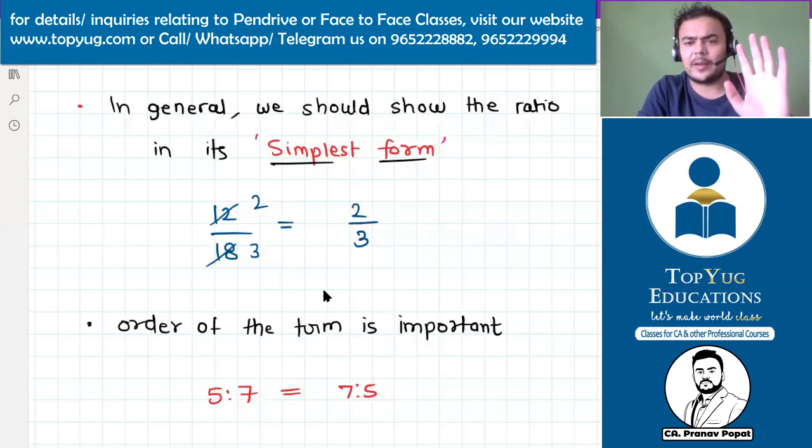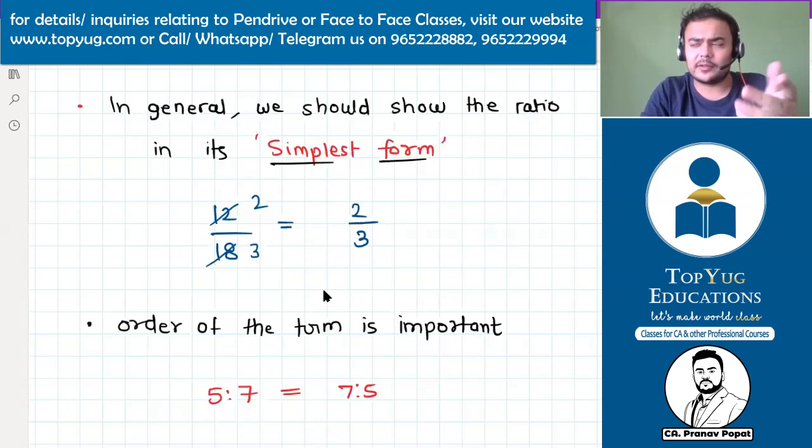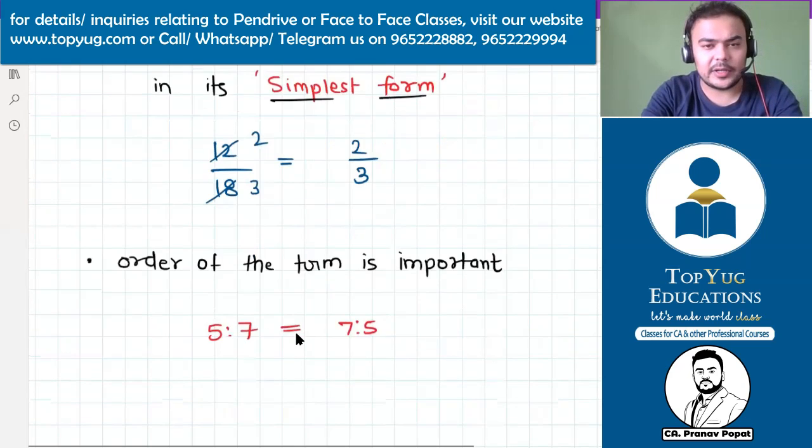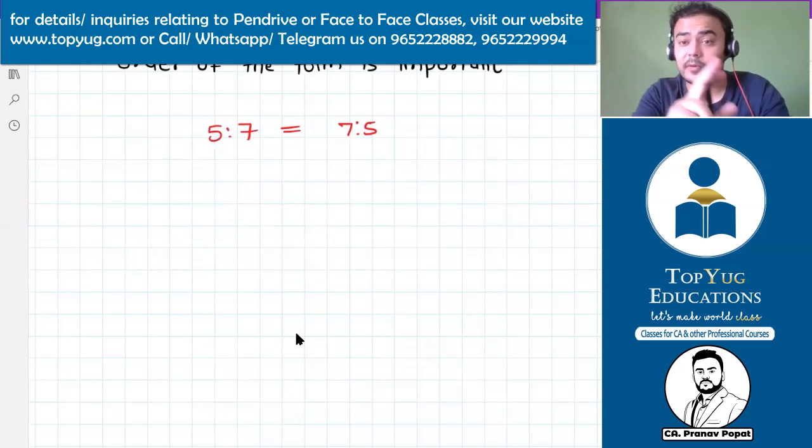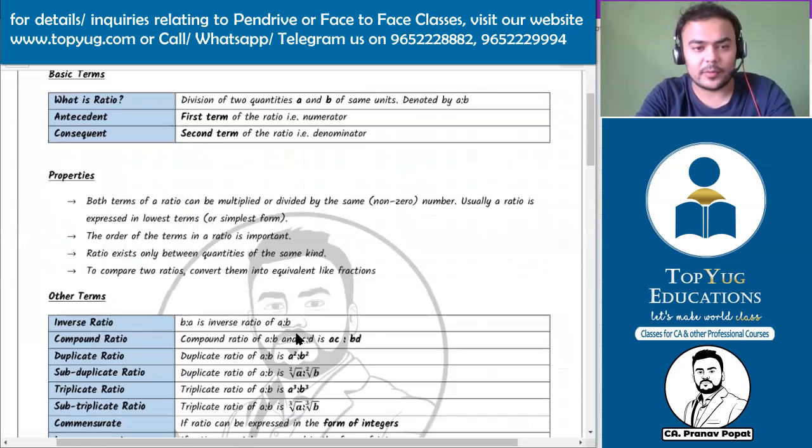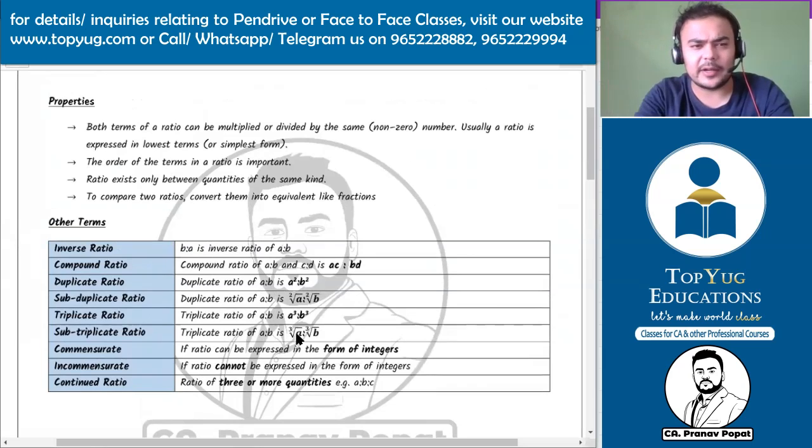For today I will give some time to write. Okay, no problem. If you want, you can write this with example, though it is already written there. But if you want to write example, you can write. Okay, but these are very simple things, so I will not give much time. And anyways, this lecture will also be uploaded on YouTube. So if you want to write later, you can write, so that we'll cover much today. Okay, so order of the term is important. I will give you time to write solutions of exercise questions, if there is any bigger exercise question that you want to write, no problem. I will give the time. For concept, you can let go.